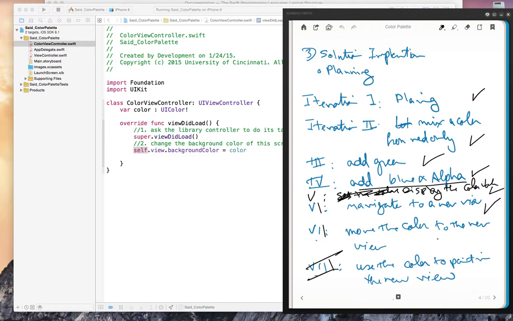Your mind now is growing in many directions of things you can add, things you can modify, things you can make look better, and so many variations, and I welcome that, and I'd like you to let yourself expand on the different elements here. So we're done with moving or copying the color to the new view